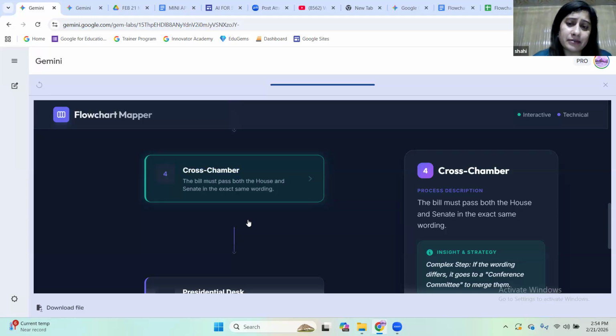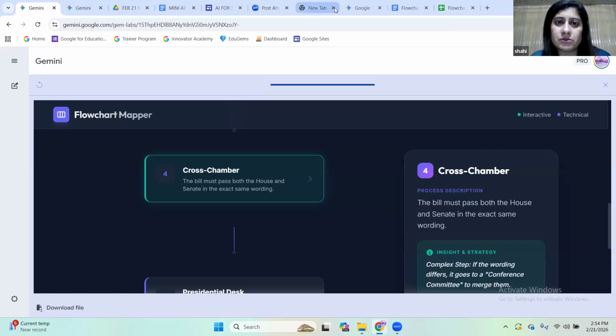So the wiser thing to do is to download the file, the output which it has created. For example, I'm going to download the file. You can see at the lower bottom here the option of downloading the file. I am downloading the file. I've downloaded it. And now I'm going to show you the complete pathway.